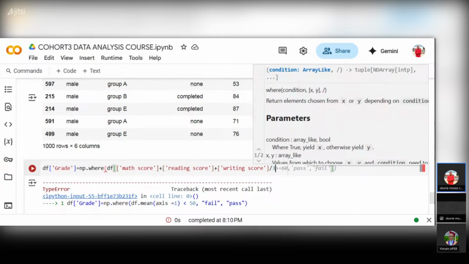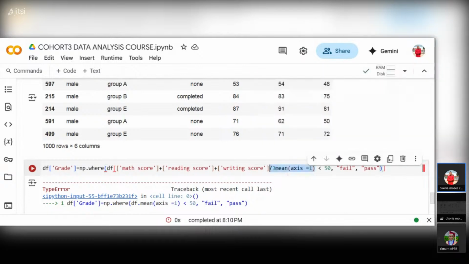So now we are going to pass in this condition. If we divide it by 3, it will check, after it gets the average, and after getting the average, hello, are you with me? Yes, I'm with you. So after getting the average,